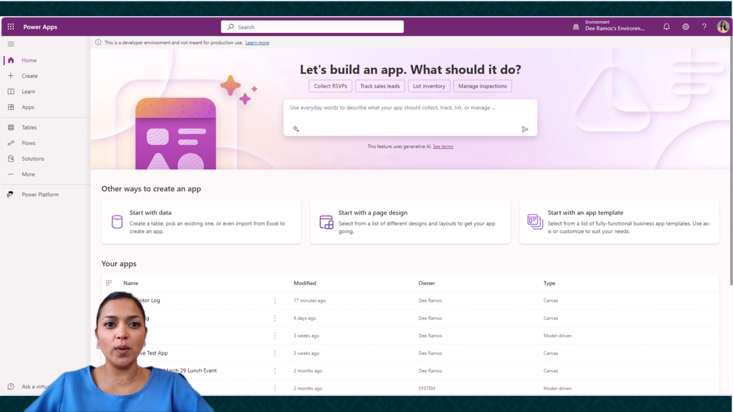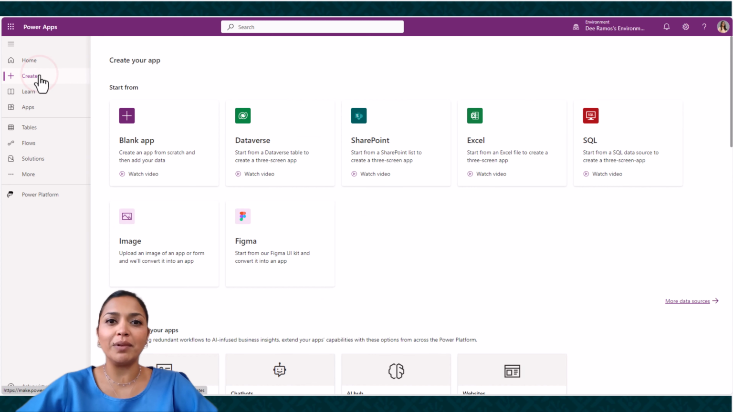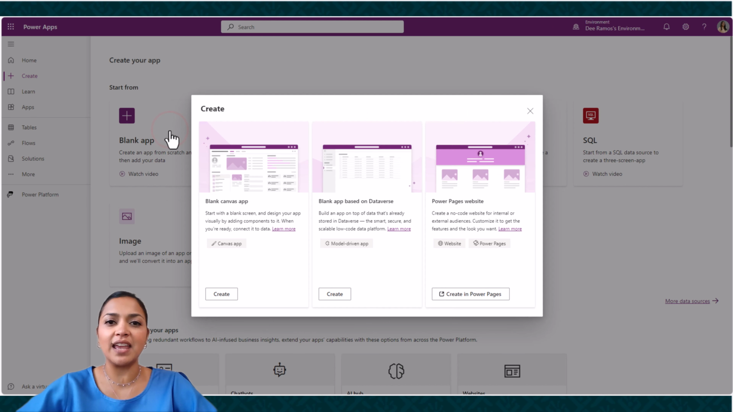All right, so here we are at the Power Apps home screen, and we are not going to be using Copilot even though it is highly recommended. I'm going to do this manually so that everybody can follow along. So we'll click Create here on the left, and then from here, we're going to click on Blank App, and we're going to select Blank Canvas App and